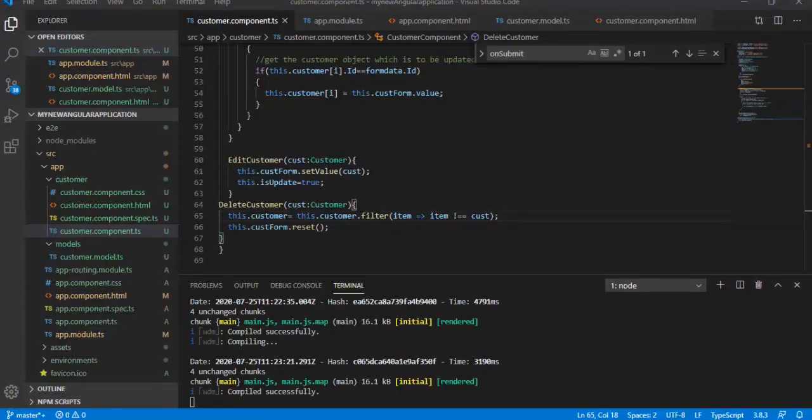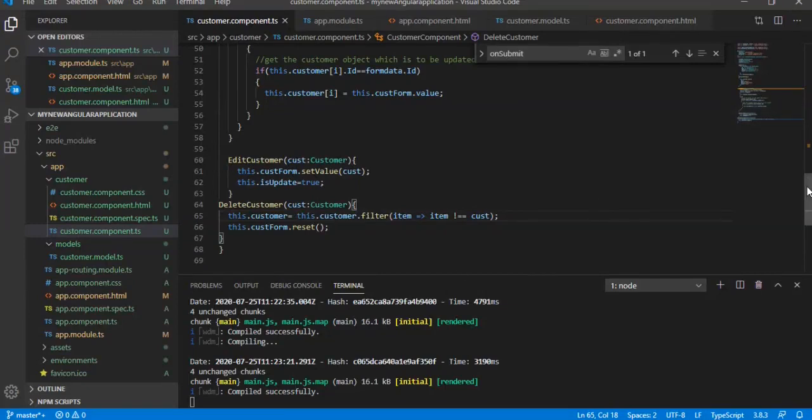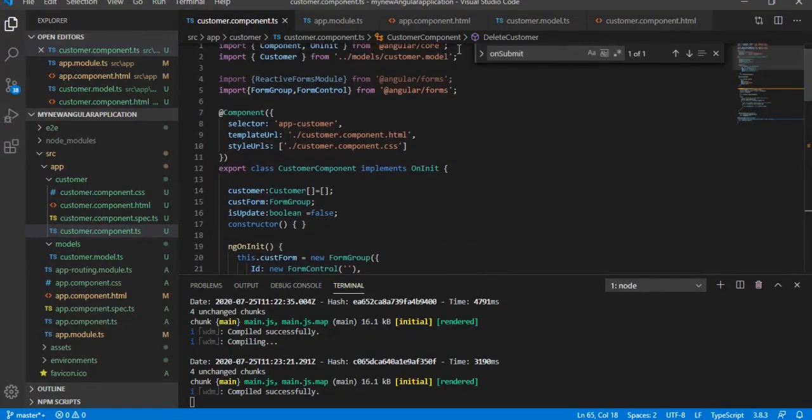Guys, let's summarize what we have done till now actually. So I have taken a customer array object, and I'm doing CRUD operations, basically creating the customer object and updating and deleting the object. I've done this to demonstrate the concept of component. So this is all about the customer component.